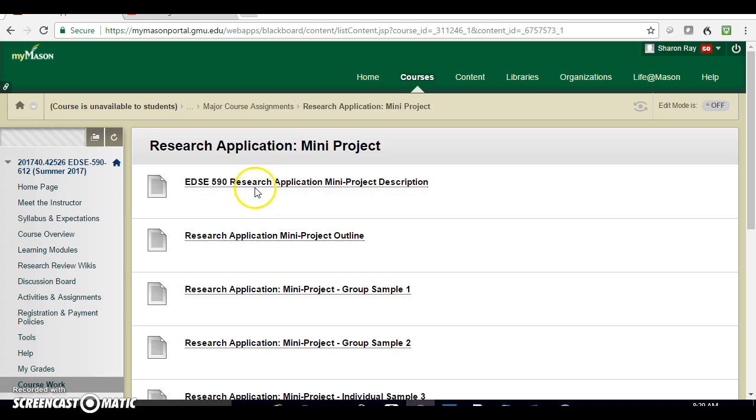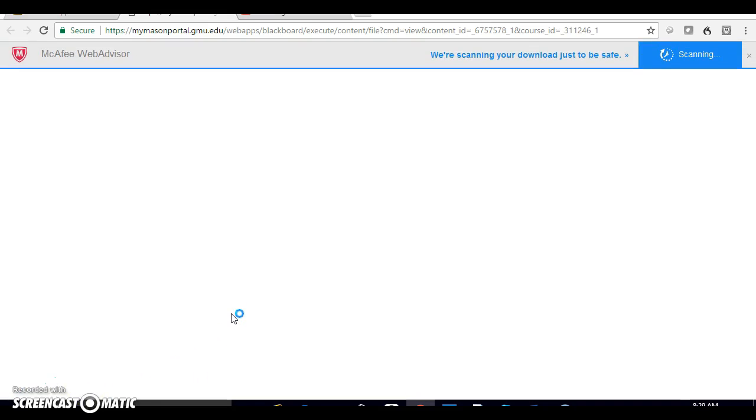So it will give you a full description of the assignment. Then when it says outline, it's more like a template. This mini application assignment is a PowerPoint proposal. So here when it says outline, this is really a PowerPoint template for your project. And just to give you a little overview of the assignment while it's opening, I tell people usually it's easiest,